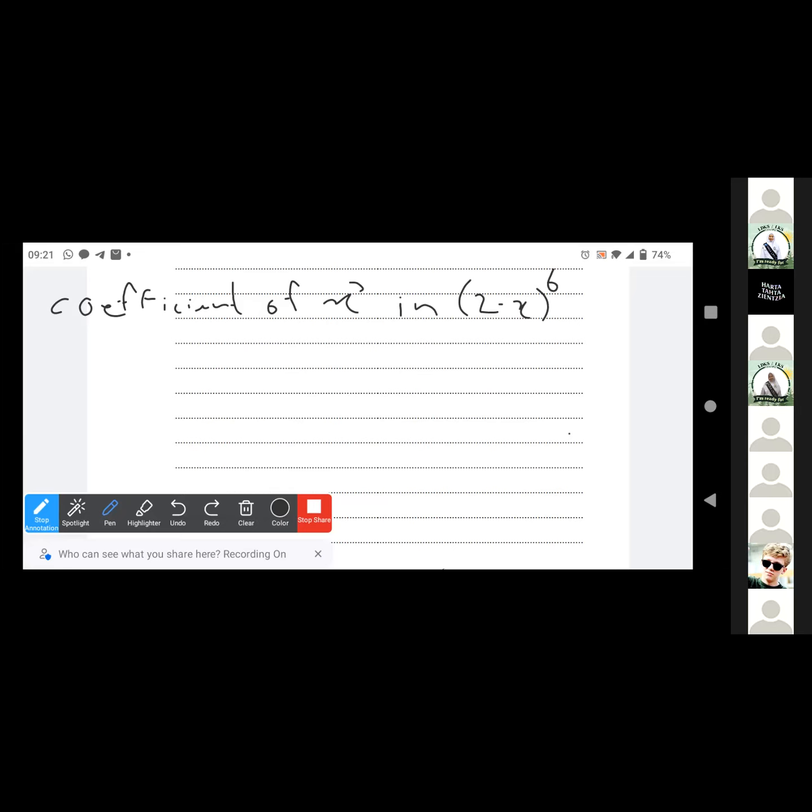Now we want to find, ini tadi pangkat 3 atau pangkat 2, pangkat 3 kalau nggak salah. So what do we do to do this? One way is of course to expand all of the binomial, we expand all of the power. That's one possibility, but it's a waste of time, right?